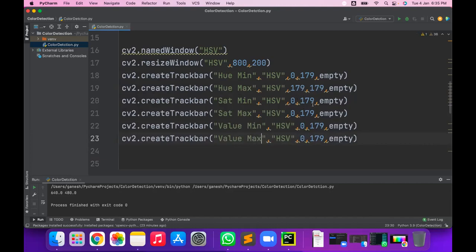For the minimum you should give 0 to 255, and the maximum is 255, because saturation and value start with 0 and end with 255.